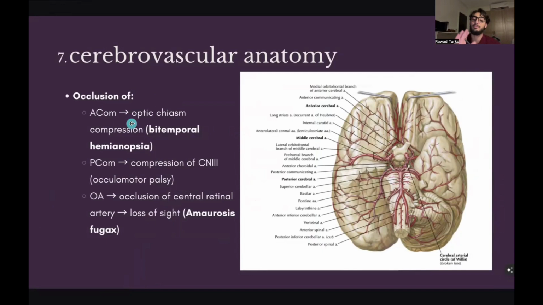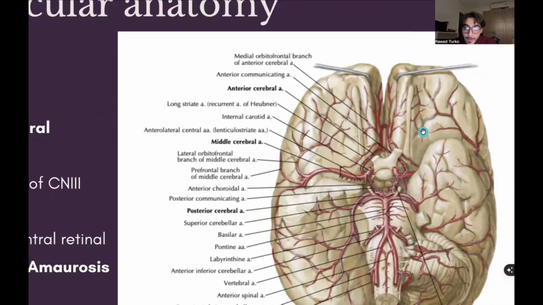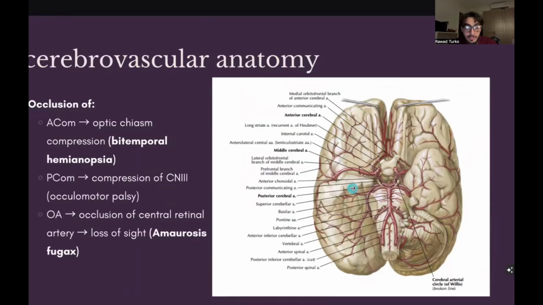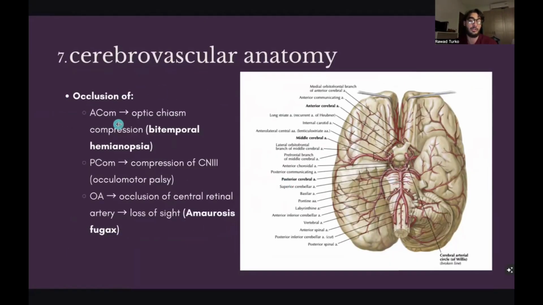All right, so I asked you to know where exactly ACOM is with respect to the optic chiasm. Since it's immediately posterior to it, you'll see here this is the anterior cerebral, and then this is the anterior communicating here. And the optic chiasm is immediately posterior to it. So an aneurysm specifically at the anterior communicating artery would cause compression of the optic chiasm, which similarly to a pituitary gland adenoma would cause